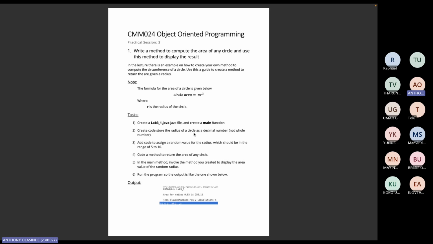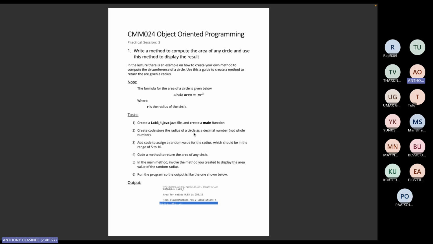Say RGU, for instance, you can say RGU is offering a school of computing, a school of arts, stuff like that. But in the case of object and class, we say the class can have properties and